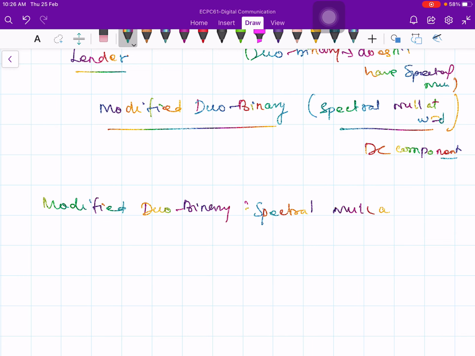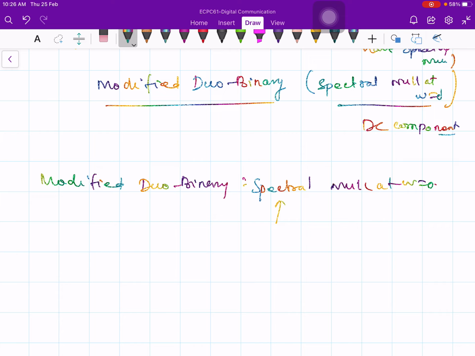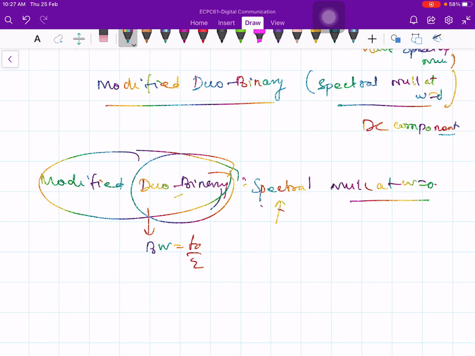There is a seemingly simple modification that is inherent in the duobinary scheme with respect to alternate mark inversion kind of schemes. After you do some simple modification, you can introduce the spectral null at omega equal to 0 and make it a very useful coding scheme. So, the modified duobinary scheme has all the properties of your bipolar signal, and the important thing is it uses bandwidth equal to f0 by 2, and also if you modify the duobinary, you will have the spectral null at omega equal to 0.